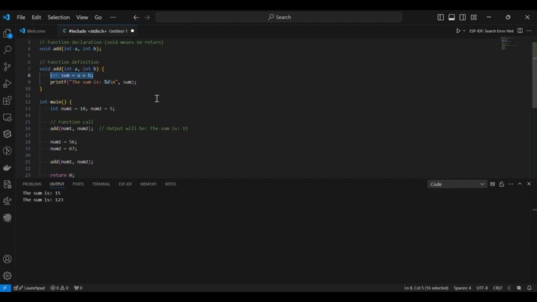So this is a very small logic. When it comes to a real-time program, this function may do many things, like many operations, such as sensor reading, or after reading, if you want to do some calculation or store that, it will do that. So this is the basic function and how to do it. Actually this function calling is called a non-returned function. So if you want to return some values,